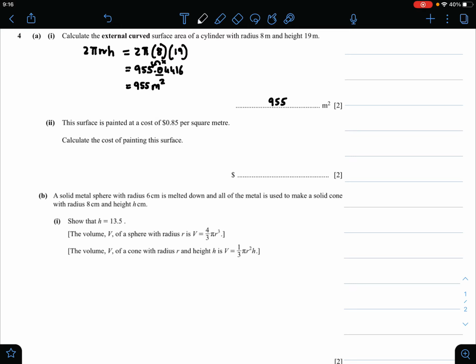Now let's move to part A2, where they are asking us to calculate the cost of the painting, and they are telling us that it costs 0.85 per meter square. So all we need to do is multiply this cost by the number of square meters. So 955 multiplied by 0.85 is equal to